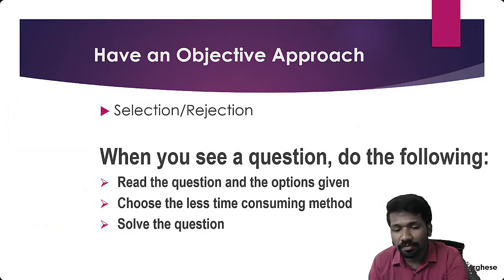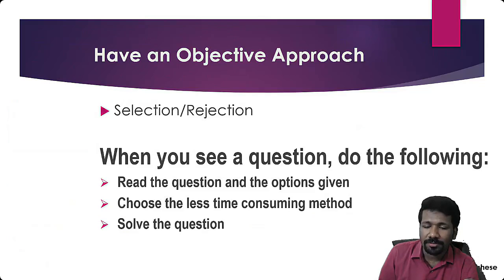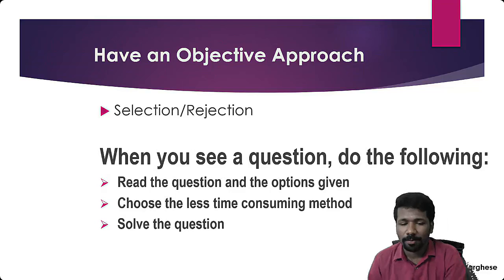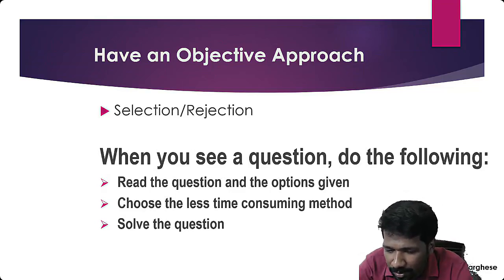And I'm not saying that I will make you do all questions in 2 minutes. That is impossible. CSIR भी ऐसा question paper set नहीं करता. CSIR will set the question paper such that some questions will take more than 2 minutes to solve. I will make you understand how to identify those questions which take more than 2 minutes. I always tell the example of a cricket batsman who knows how to judge the right ball to play. A good cricket batsman knows how to play a good ball, and also how to skip a non-playable ball. Are you getting the point? Same way, you should be able to choose the right question. That is very important.